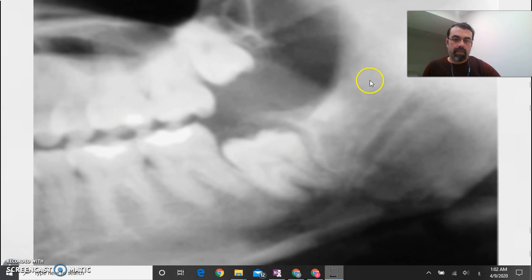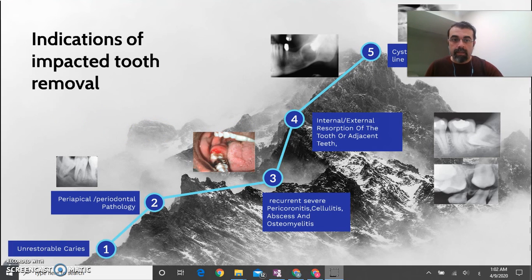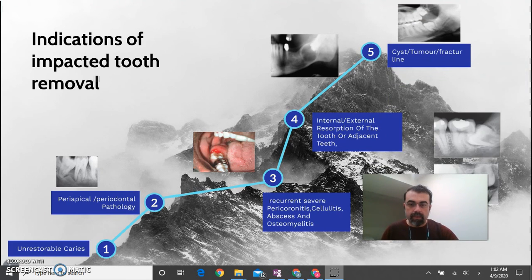And mostly, when we cut the mandible and do the osteotomy at the ramus or the body, we have to remove any impacted third molar. Why? Because it would be a focus for possible infection. And finally, the final indication for third molar or impacted tooth removal is the orthodontic